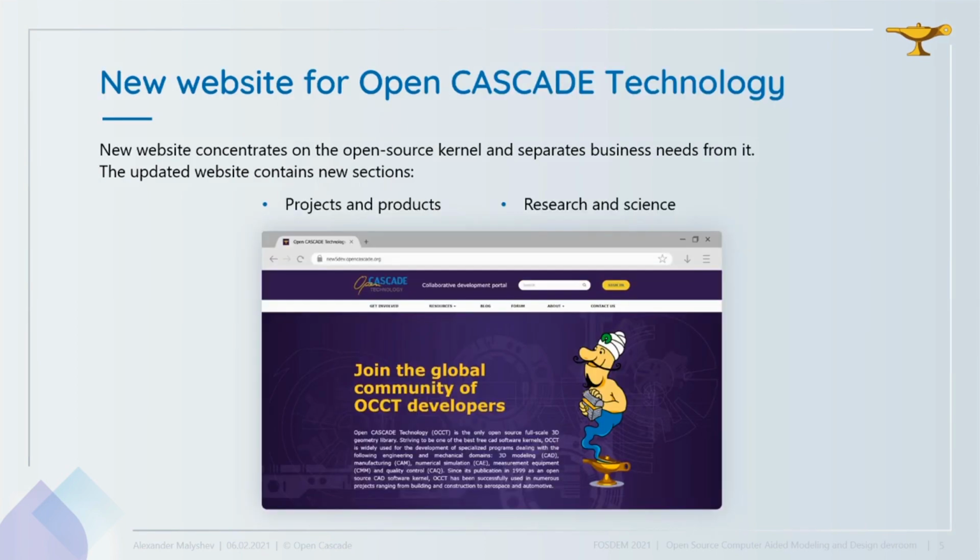New website for Open CASCADE Technology. One more issue is mixing between the Open CASCADE company and the Open CASCADE Technology product, as their names sound similar. Usually, questions about the kernel are asked on the company's website, which is focused on business directions. Here we want to distinguish the company and the product, and it is typical practice. The main advantage is avoidance of clashing interests. OCCT's website is oriented toward free resources, like forum or documentation, while the Open CASCADE website focuses on commercial directions and